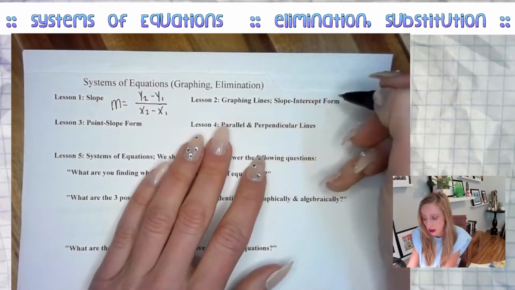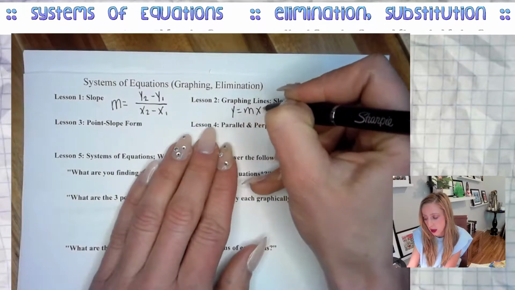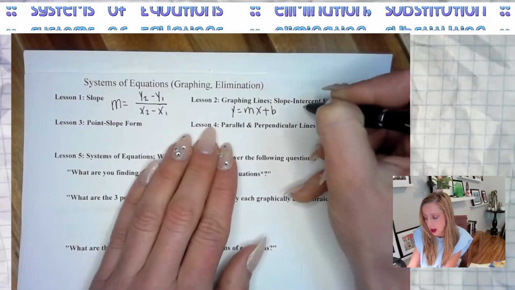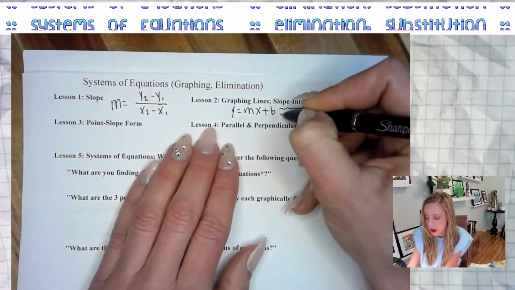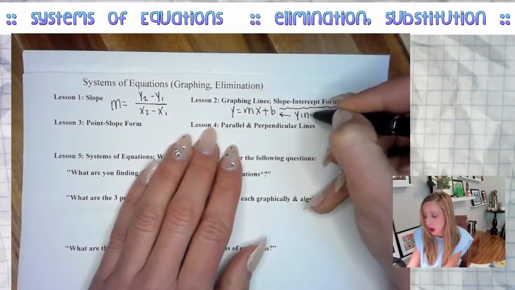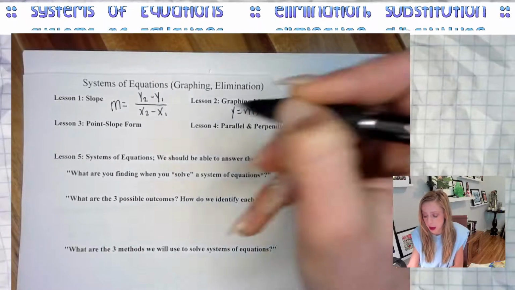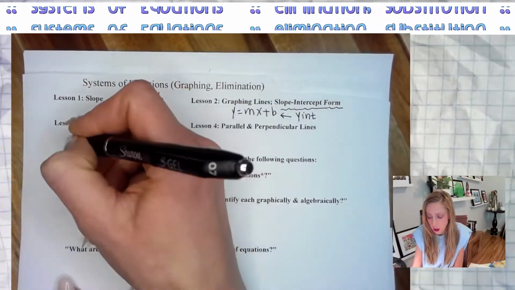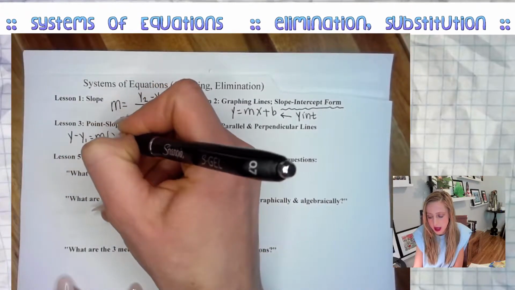You might want to write this down if you don't have good notes. Then we went over graphing lines in slope-intercept form. And for that section, we focused predominantly on y equals mx plus b, which is slope-intercept form of a line. And the b is specifically, careful, make sure you know this, it is your y-intercept. The y-axis is the one that goes vertically up and down. In lesson 3, we worked with point-slope form, which was y minus y sub 1 equals m times x